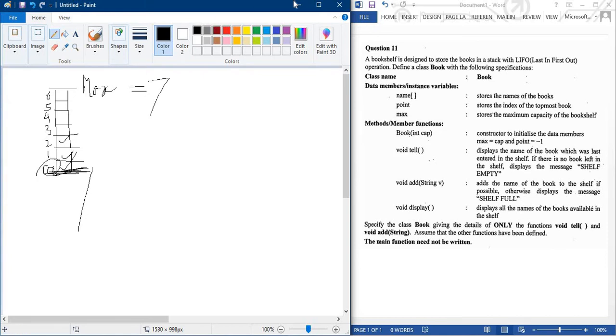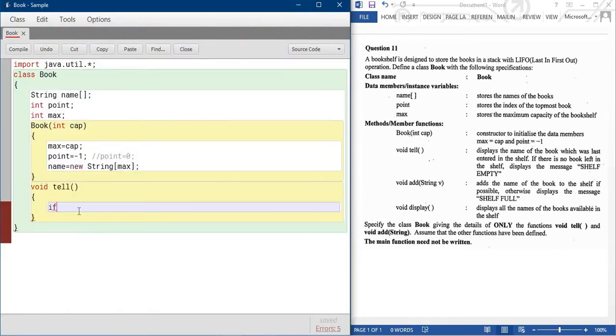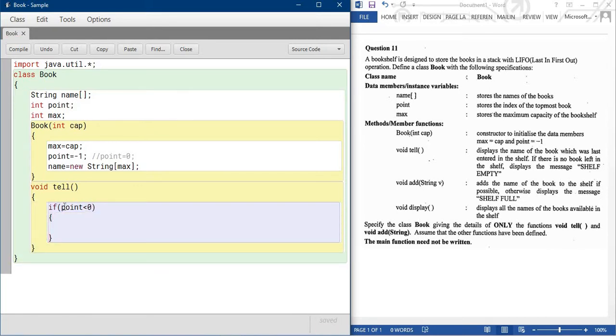So same thing over here. Here the point 1 controls the entire thing. If the point is less than 0, then we say there are no books present. Okay, the message is "self empty".